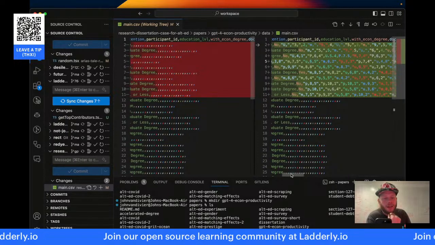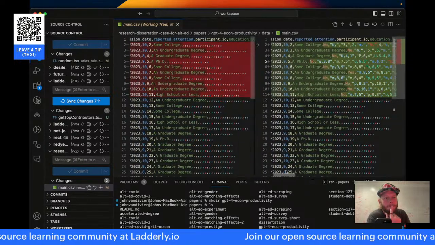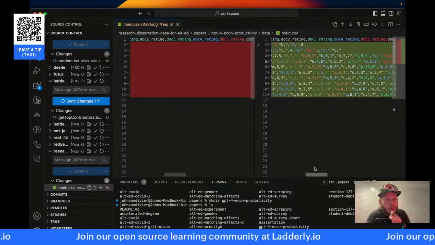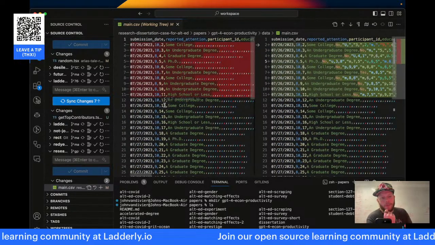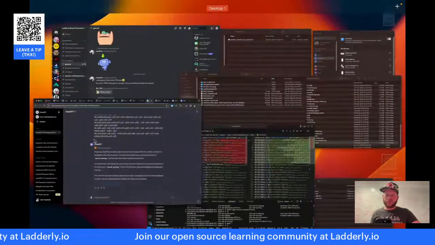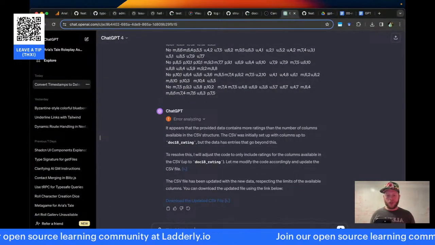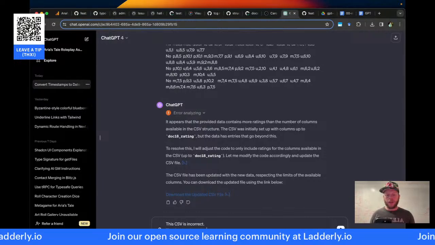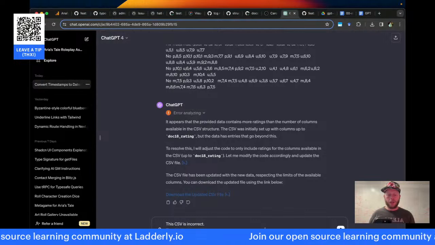It preserved the title line, but it expanded the interior values in a way that I don't want. This CSV is incorrect. The title line is correct, but the cell values are incorrect.